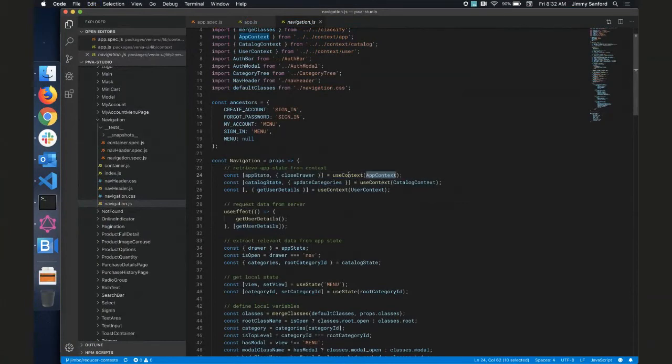So at any level of the tree, you can use context to get the Redux state you need.